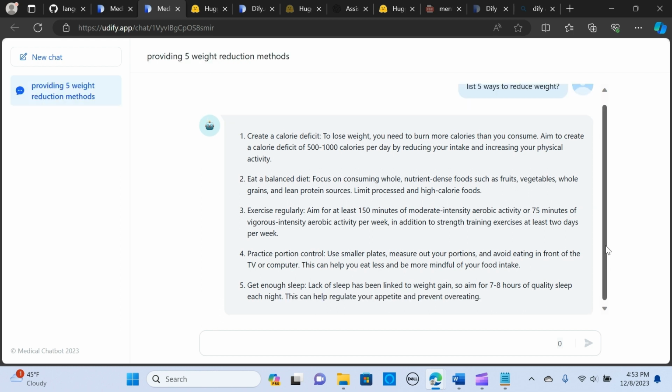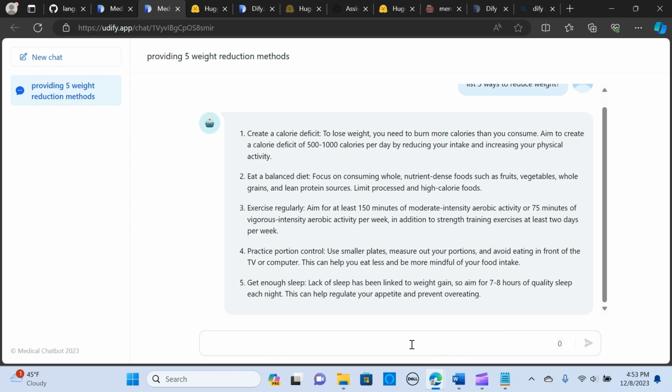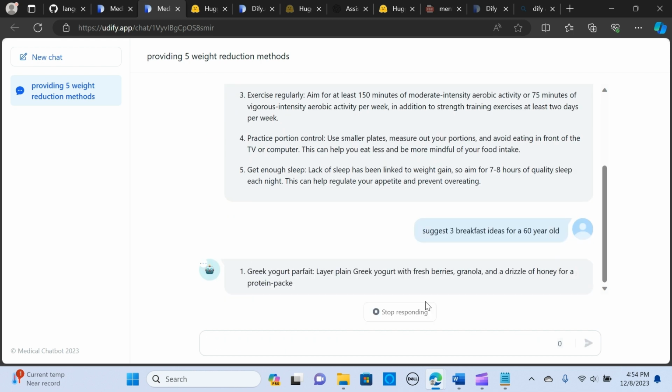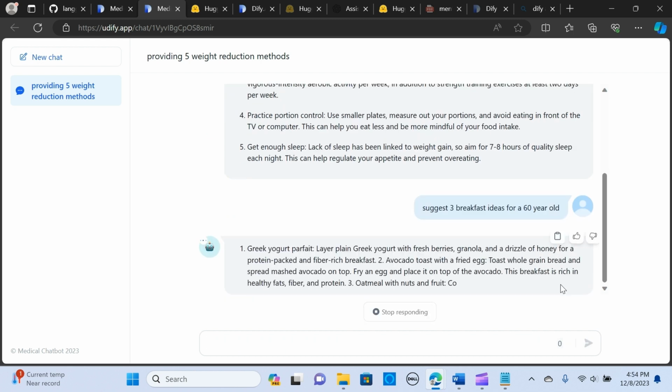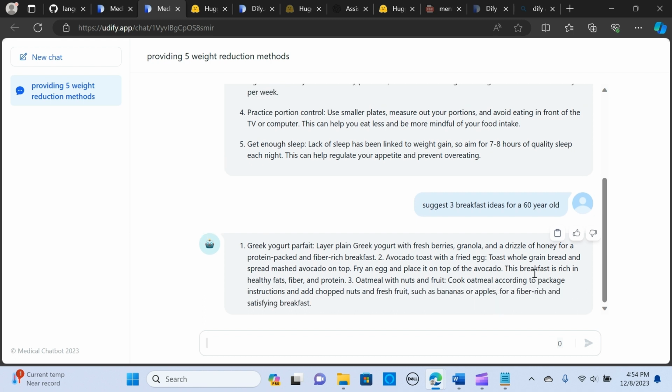All right, let me just say: suggest 3 breakfast ideas for a 50 to 60 year old. All right, perfect. Okay, yeah, looks accurate.